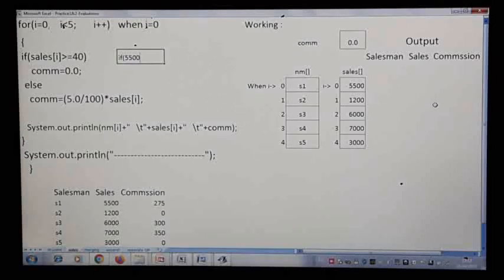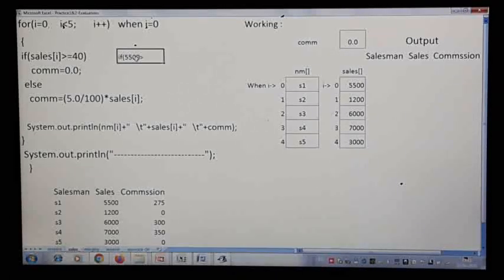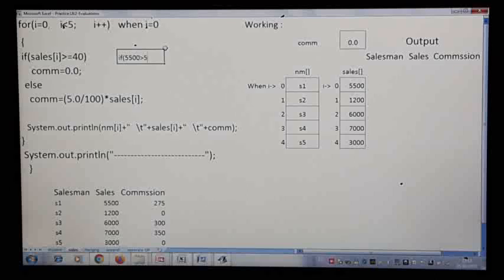It is as good as you are checking whether 5500 is above 5000. Okay, here in the if condition it is not 40, it's supposed to be 5000. If it is less than 5000, then commission is 0.